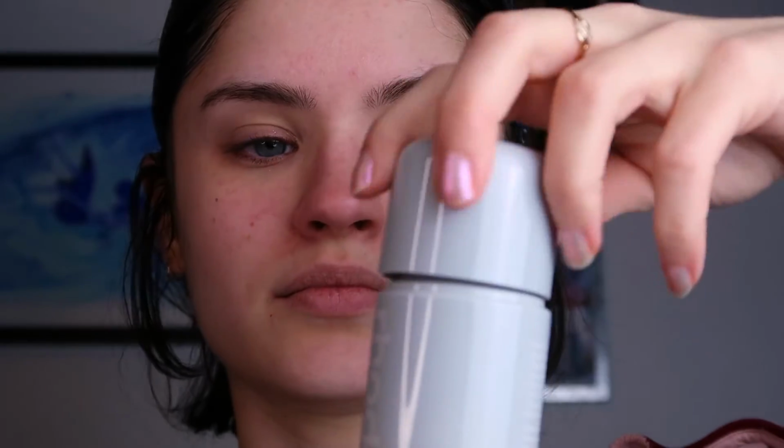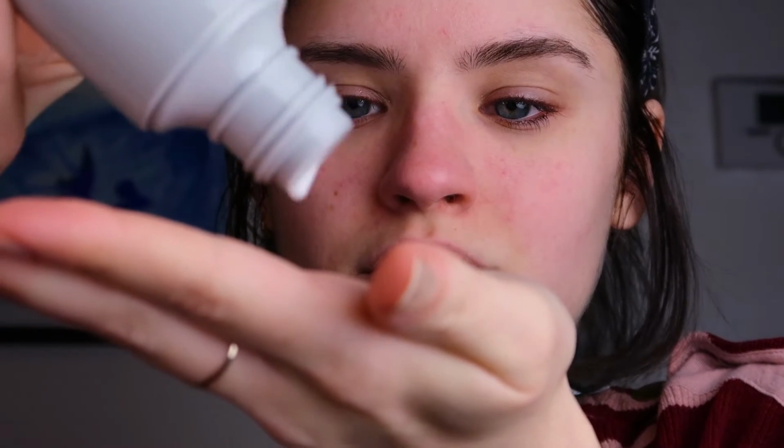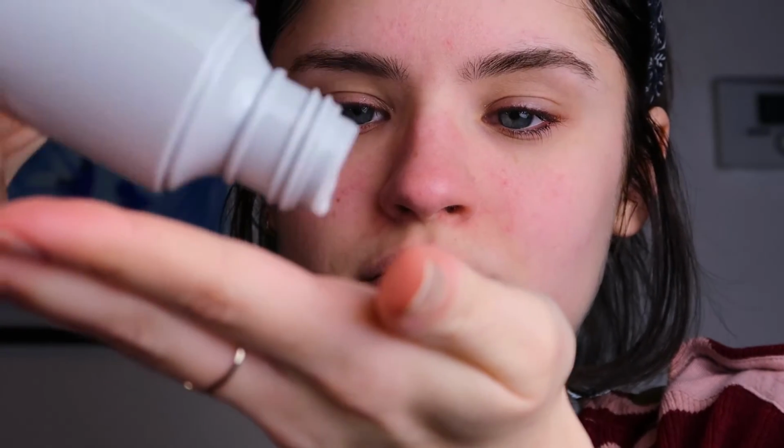And the kit I got includes the glazing milk, the peptide glazing fluid, the peptide lip treatment and the barrier restore cream. And let's talk about the glazing milk first. The glazing milk is the thing that you should put on, if we are following the instructions, very firstly for your skincare. So after you are cleansing your face, you are freshly done, this is the thing you should put on first,